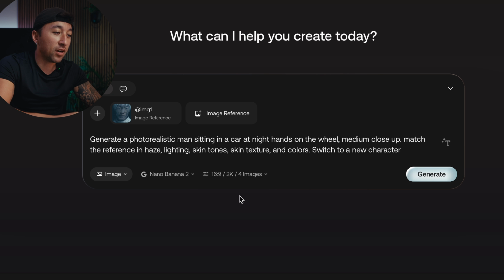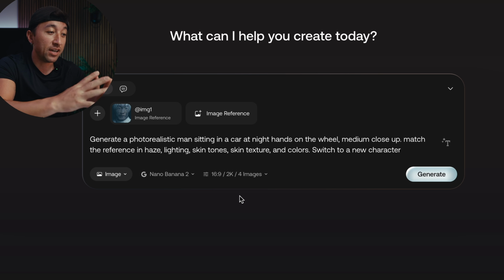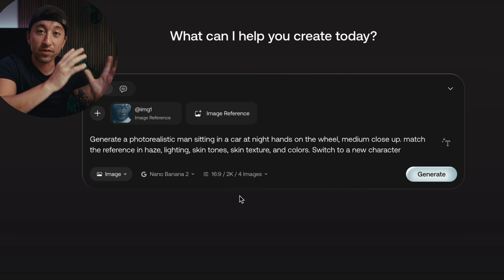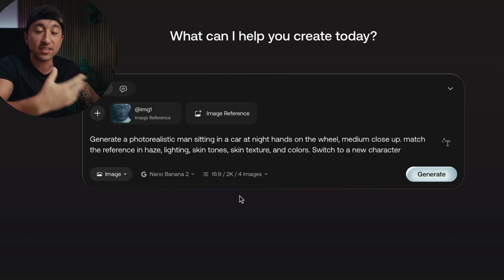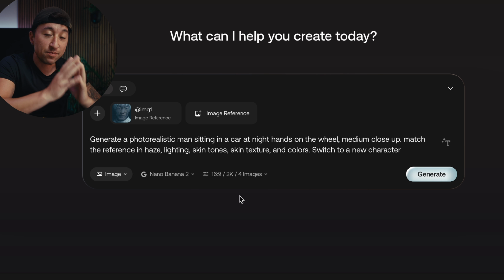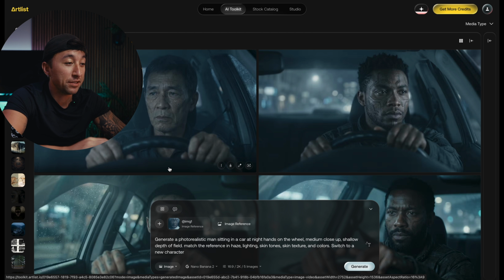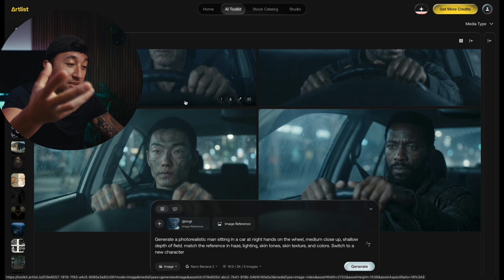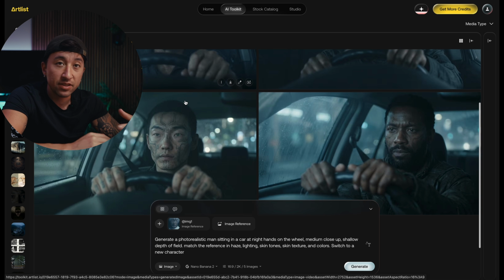So we're going to bring that into the Artlist toolkit and type in our prompt. And everyone likes to start with a super complicated prompt, but as you can see here, I just kept it very simple without much visual detail because this ensures that the detail of the reference photo is matched better. But once we get our results, we'll use our knowledge to identify what the image needs and build from there. As you can see here, we got our images and already they look pretty good. As you can see, it brought in some details from the reference images, but that's okay because we can just